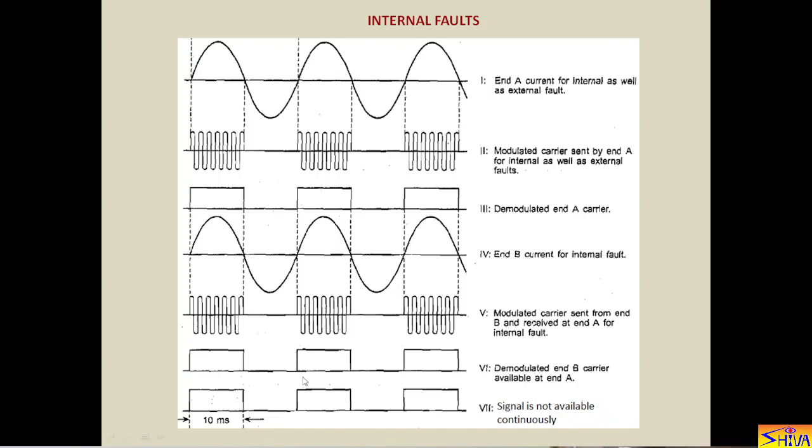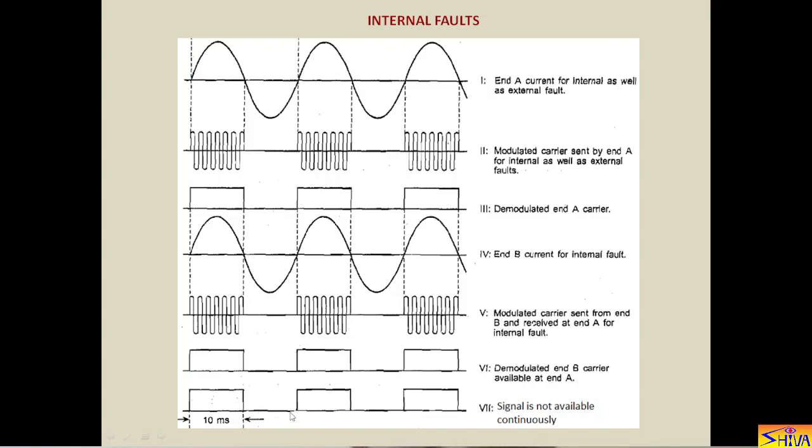Now there is one possibility that during transmission from end B to end A, there is some propagation time, and this propagation time may be about 2 milliseconds. Now 1 millisecond corresponds to 18 degrees, so 2 milliseconds will correspond to 36 degree. So if we sum up the signal at end A as well as at end B, then this signal will be present from 0 to 10 millisecond and for 2 more milliseconds. But after that, that is after 180 plus 36, that is after 216 degrees up to 360 degrees, signal will not be present.